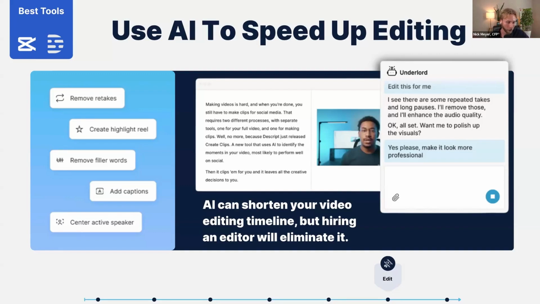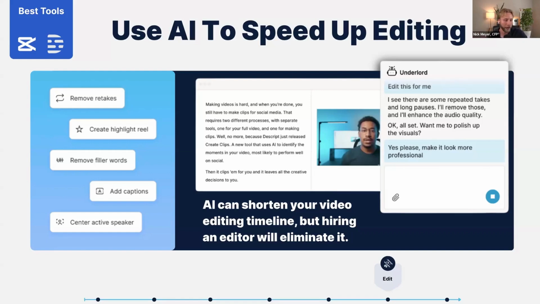Though I will caution you against this, because you do still need a baseline level of video editing knowledge in order to expertly use something like Descript, in order to see where the AI fell short when it came to editing, or what it just couldn't handle. So if you don't have an eye for that, your videos might end up looking like they were edited by AI, which currently is not a great thing.